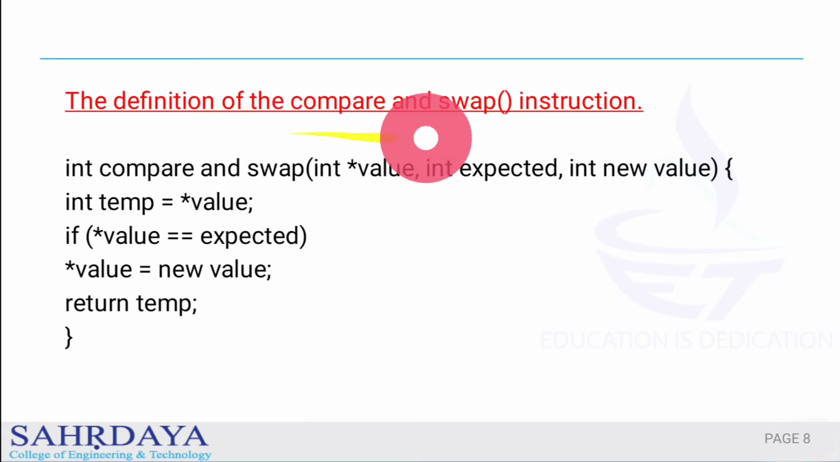This is another instruction. It is known as compare and swap. The definition of compare and swap is given here: int compare_and_swap(int *value, int expected, int new_value) { int temp = *value; if (*value == expected) *value = new_value; return temp; }